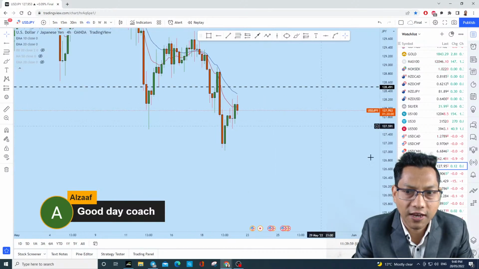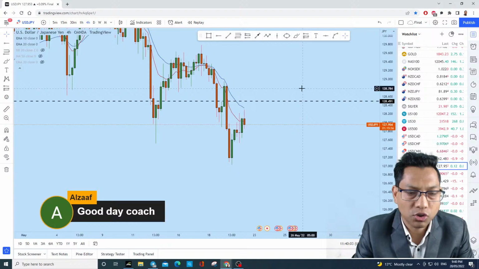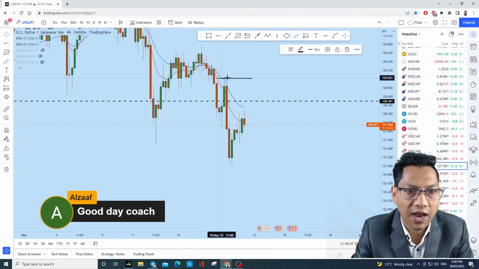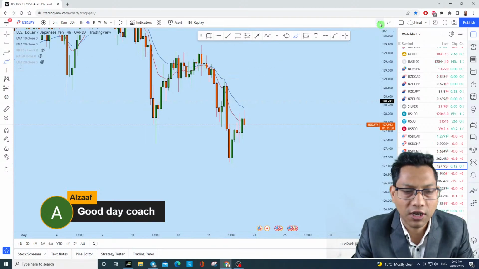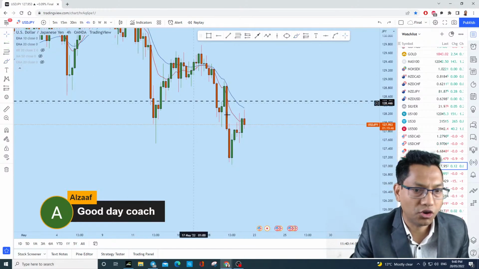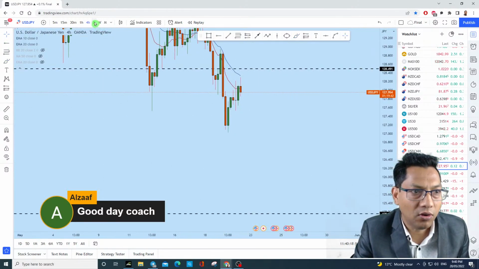Okay, so dollar yen 128.49 could be a position to sell based on price action. Stop loss must be above this high. Keep in mind that this is not any kind of investment advice, it's just for educational purposes, so that you learn how to trade. So this is what it is, dollar yen, until it comes to this area of value,